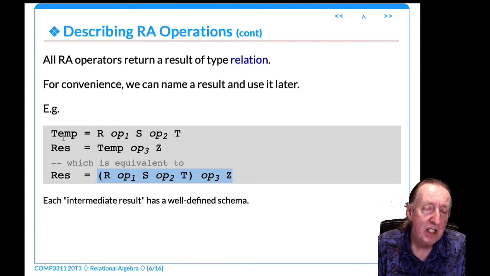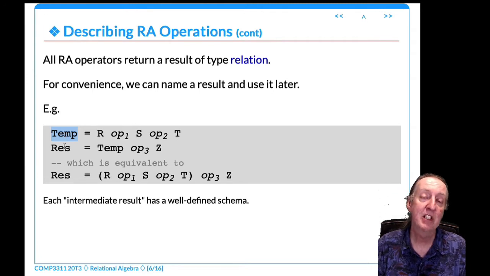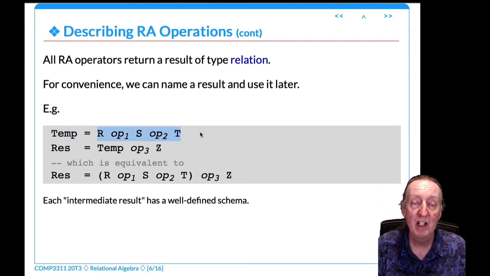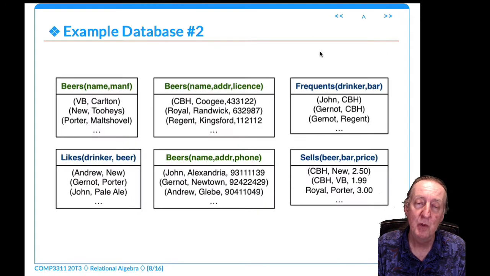Since we've got intermediate results, and these things are relations, relations have to have a schema. The schema will be derived from the schemas for these and depend on what operations are actually used. Alright, so a couple of example databases: a very simple example database, just to show how the operations work in a very simple way, and the good old original beer database,